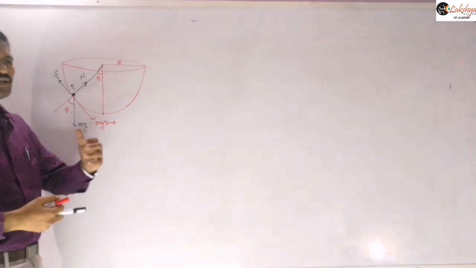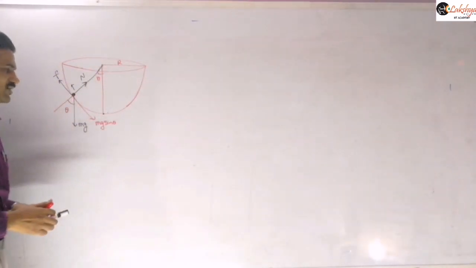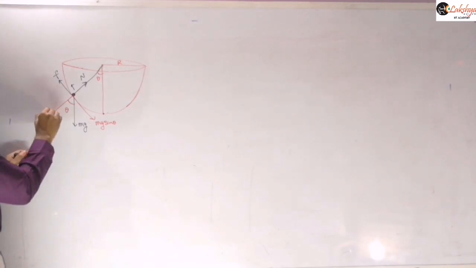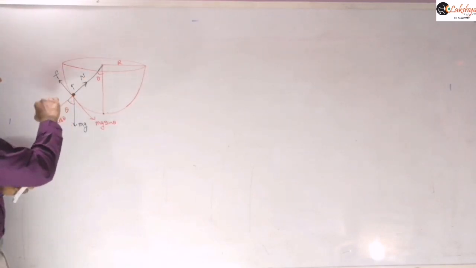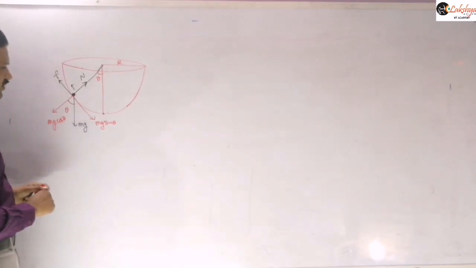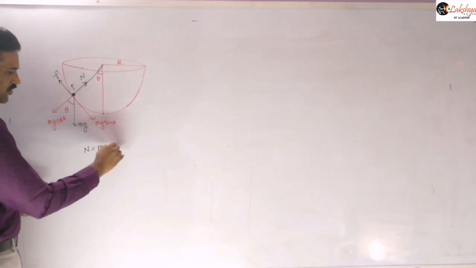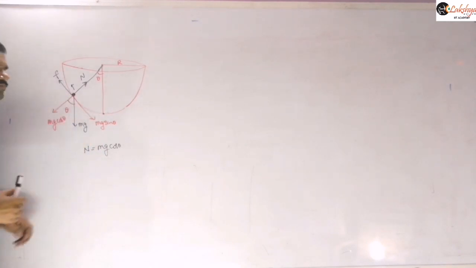And here we are giving the condition for maximum height. So now let us see why it becomes the maximum here. This component I will also write here so that you can understand this easily. This will be the mg cos theta component. At any instant you can write that the normal reaction will be balanced by this mg cos theta. So I can write the normal reaction is equal to mg cos theta.